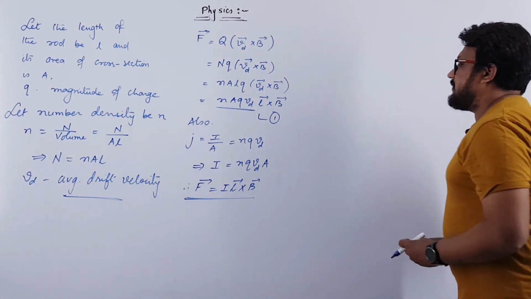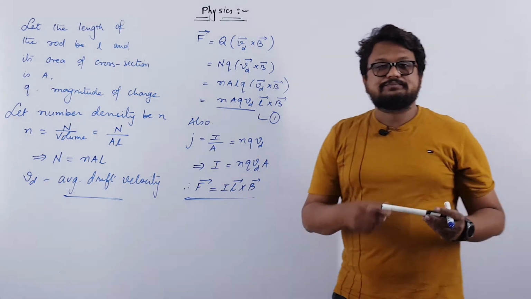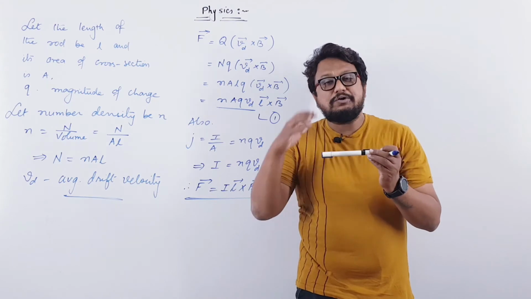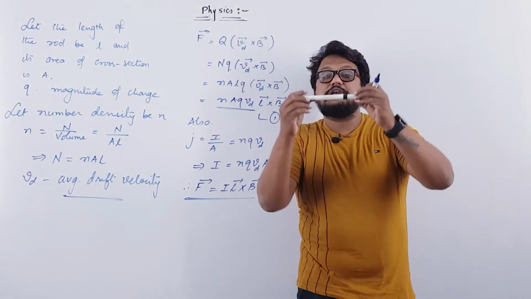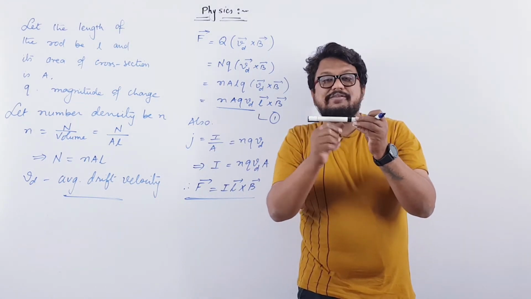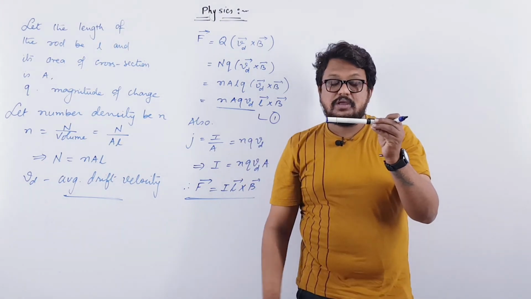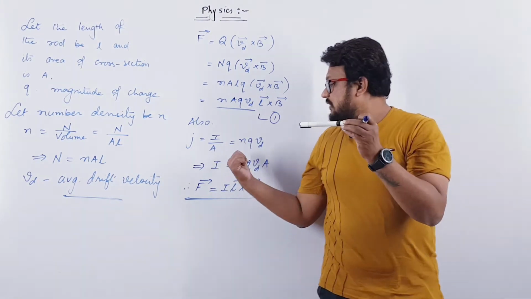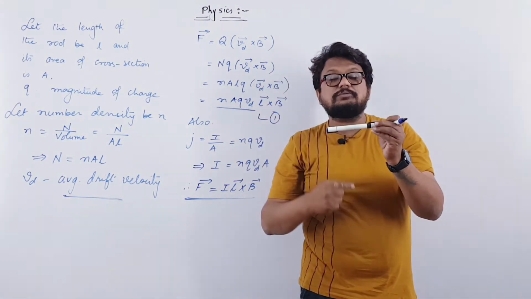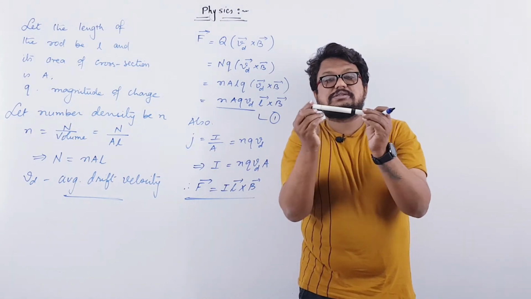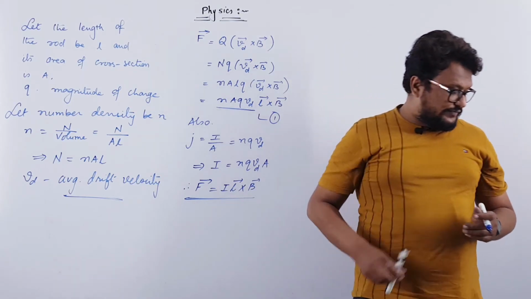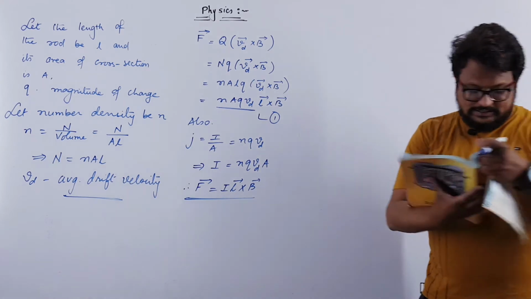It can be asked like: you have a current carrying wire, suppose kept in a uniform magnetic field. What should be the magnitude of that magnetic field so that this wire will remain in air? When a wire is suspended in air, obviously gravitational force mg will act in downward direction. Now if the magnetic force on this current carrying wire is in upward direction and its magnitude is equal to mg, then obviously this current carrying wire will remain at the same place. Based on this, we have one example, that is example 4.1.